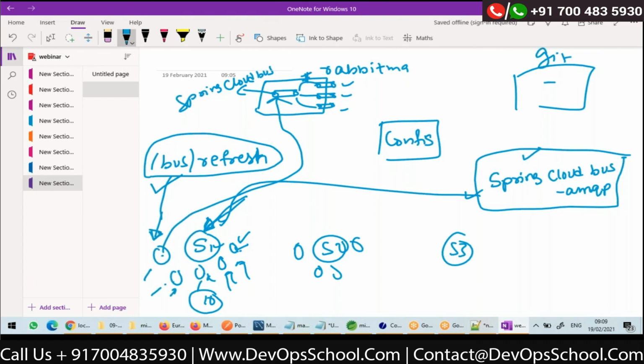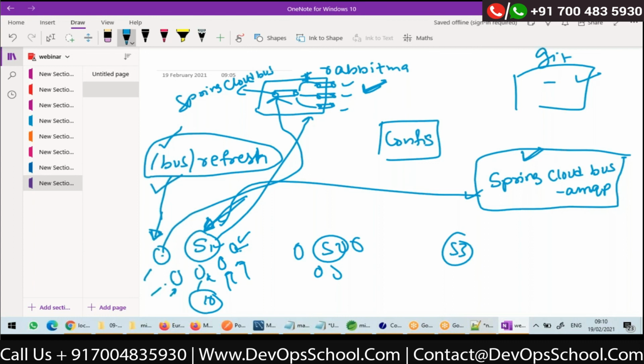So you need to do two things. One is add Spring Cloud Bus AMQP as a dependency. You need to have RabbitMQ or any other broker, right? Then in your YAML file, you need to tell how to connect to this RabbitMQ. That's all. Everything will happen automatically because of auto configuration. Whenever you change something in your repository, you need to hit /bus/refresh. That is required. But again, Sujit, you are saying, hey, at least I need to hit /bus/refresh, right?